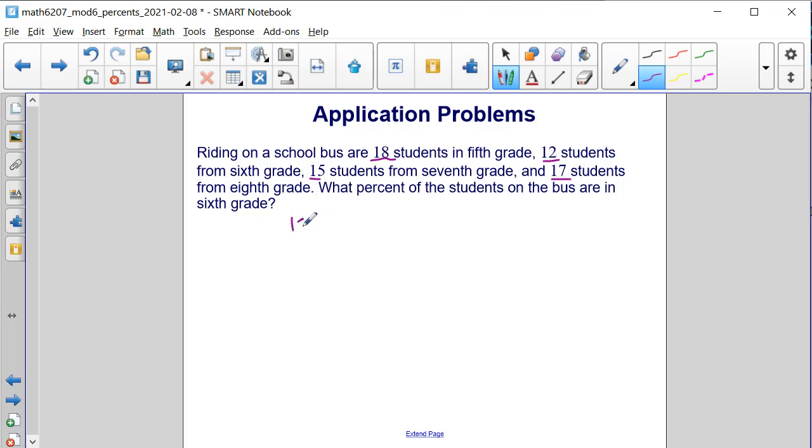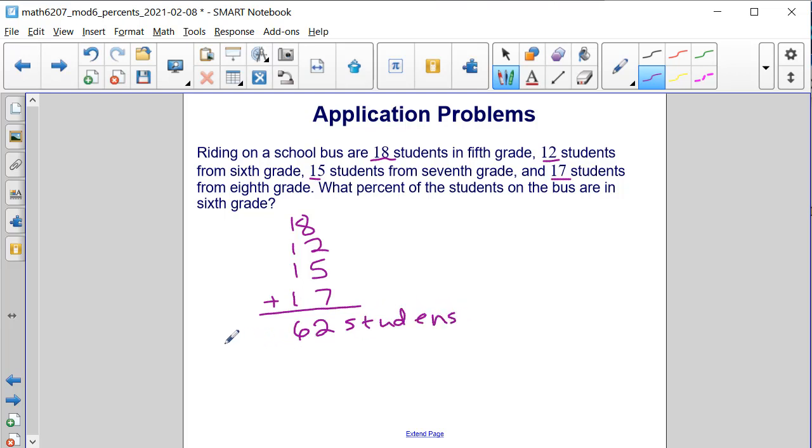So we have 18, 12, 15, and 17. If we add these up, 18 and 12 is 30, and 15 and 17 is 32. So 30 and 32 is 62. So we have 62 total students